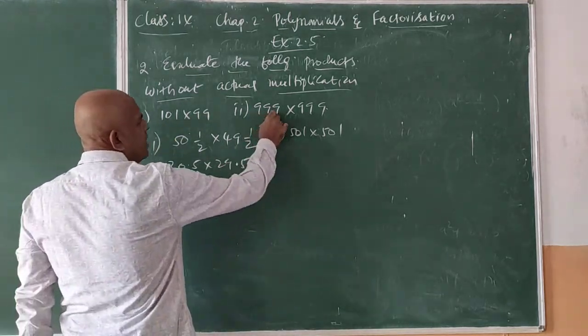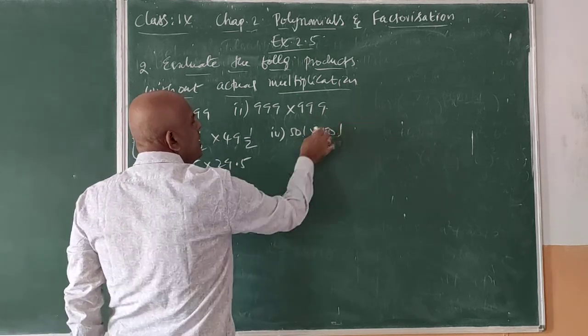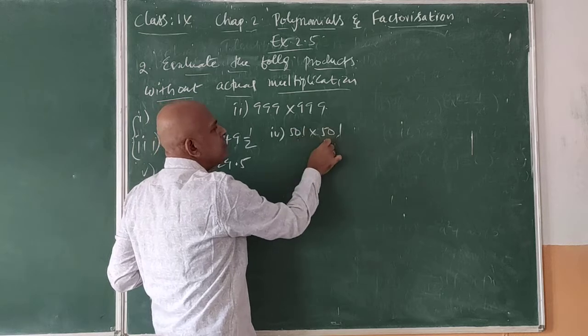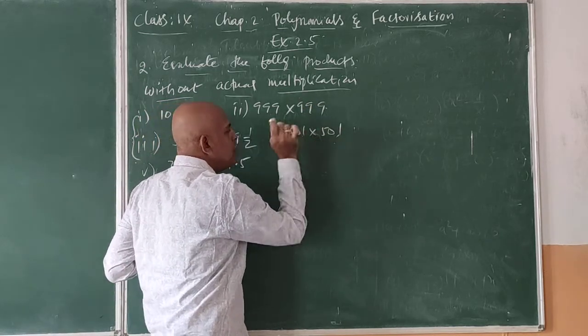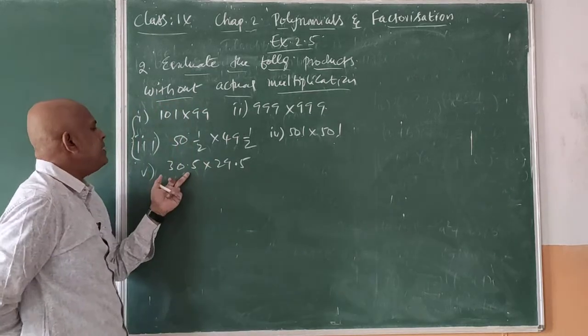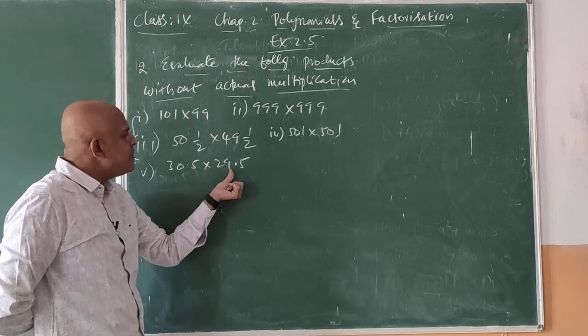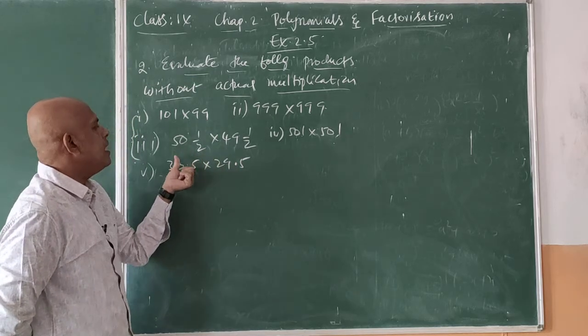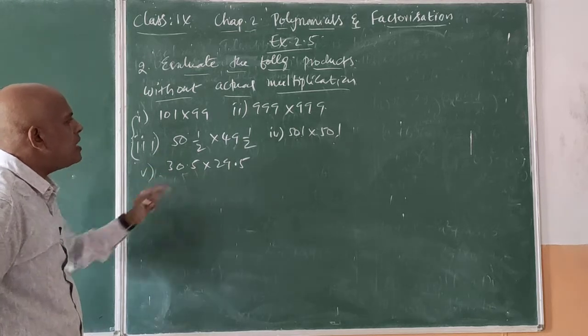So this is different here. And 501 into 501, 501 2 times, is 501 square. Again it is nearer to 500, so 500 plus 1 whole square. It is more by 1, so here the a plus b whole square formula. And here it is 30 plus 0.5 and 30 minus 0.5, same as a plus b into a minus b. These three problems are the same. I will do 2 problems and these 2 problems.